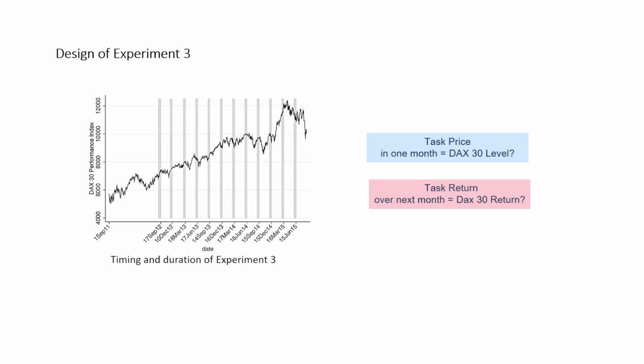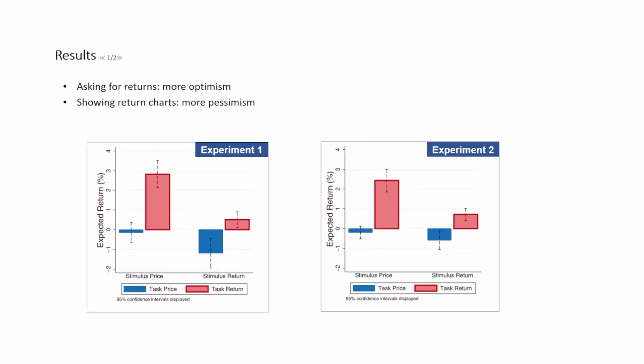Again, in all of these tasks that have been designed, they are asking the same thing: measuring the performance of the stocks, or in this case, in the third experiment, of the DAX itself. However, the way the question has been presented and the way that the information has been fed is different. So what were the results?